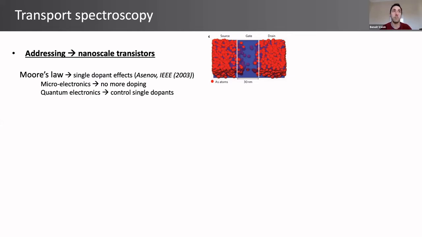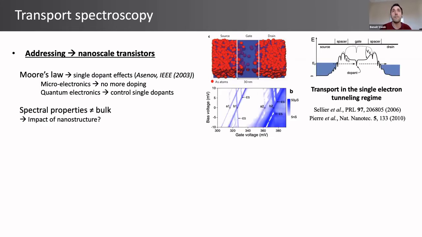From the microelectronics industry's perspective, this was a big issue. They didn't want single dopants because that led to an increase in variability of the transistor's performance. So they simply got rid of the issue by getting rid of doping in the channel. But for quantum physicists, this actually represented a big opportunity: hey, we have these single dopants in the channel. Let's try to address them and control them for quantum computation purposes. So the first